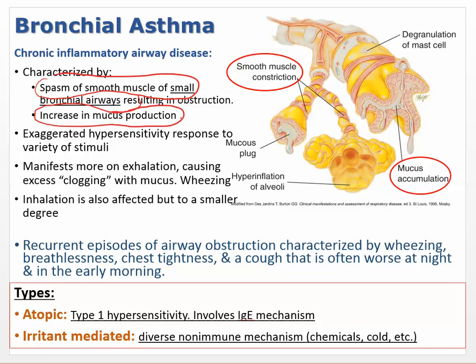Okay, and it doesn't have to be associated with an infection. Okay, so that's going to be different, but it does affect those small bronchial airways, and you can see here these airways that have smooth muscle associated with them. So that's one of the hallmarks of asthma, smooth muscle constriction, which is important for treatment because we take